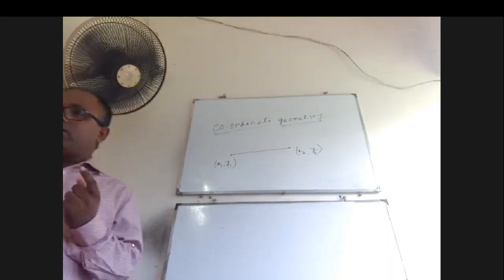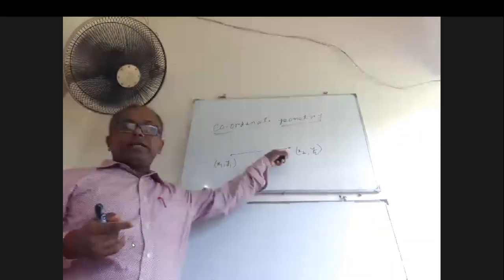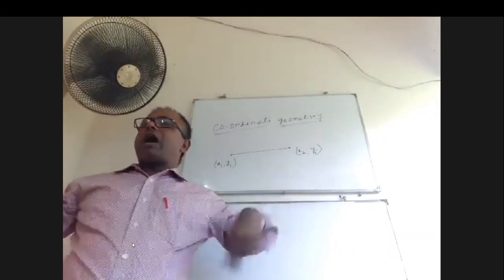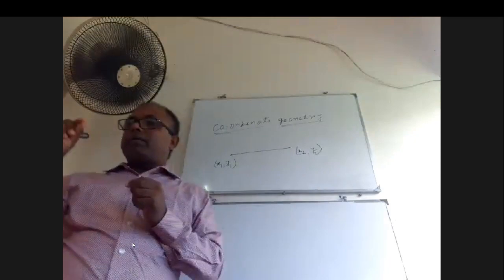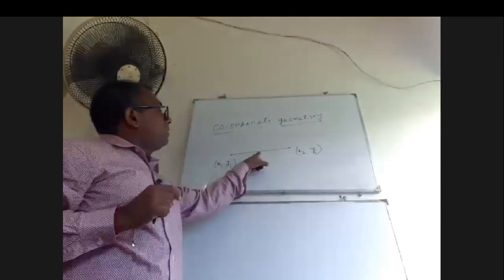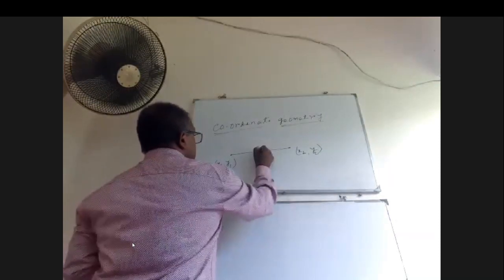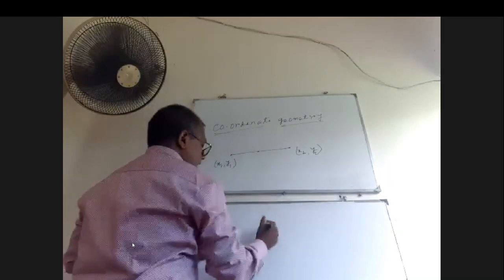That is, the end points of this line segment are given. So how can we find the coordinates of the middle point of this line segment? The rule is: